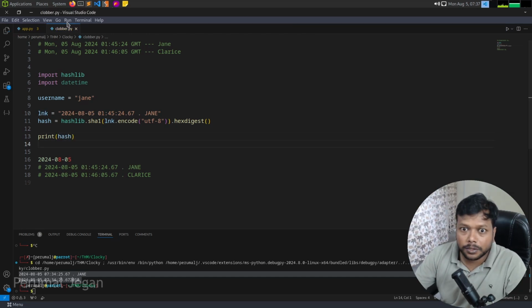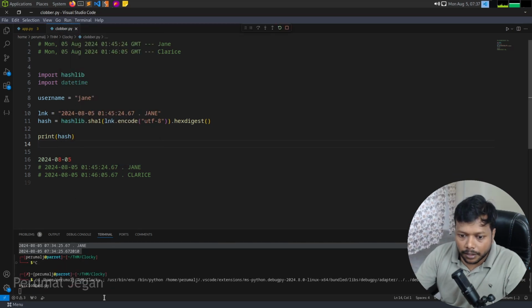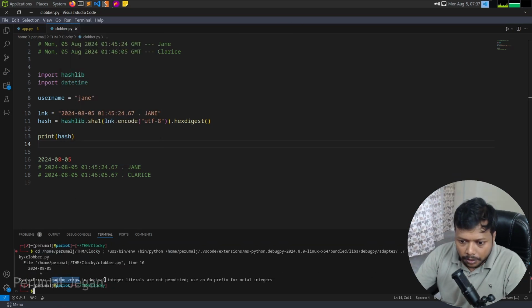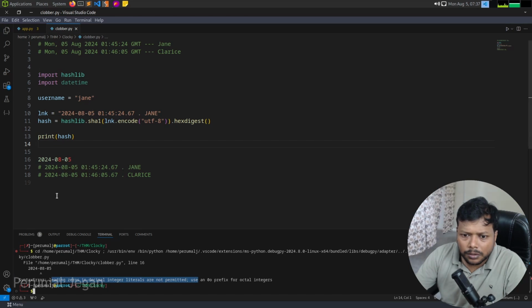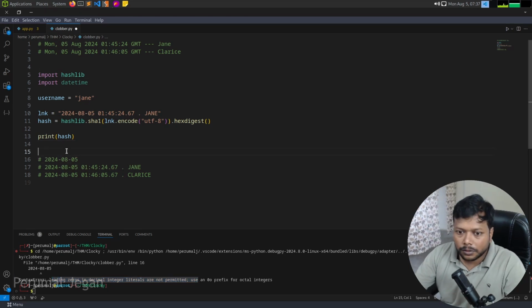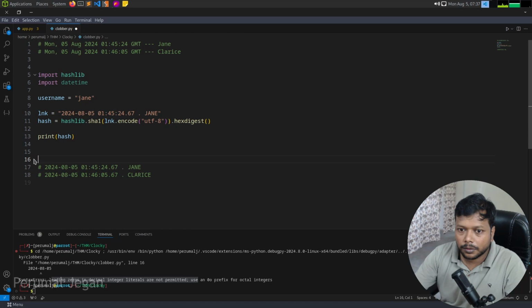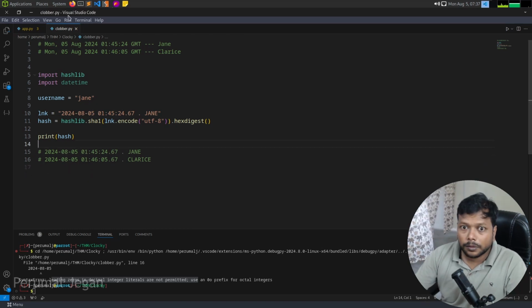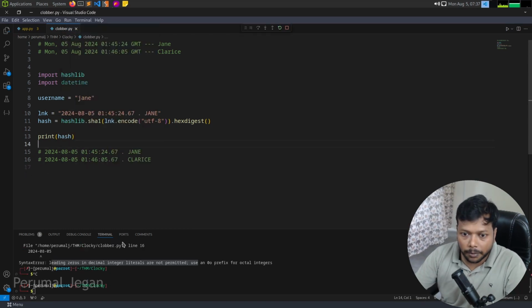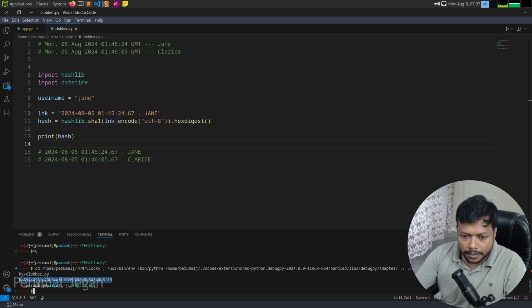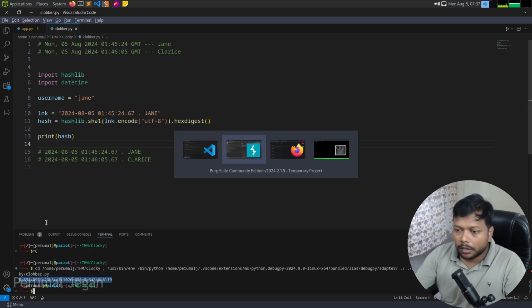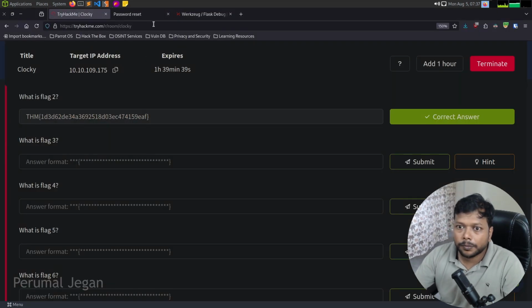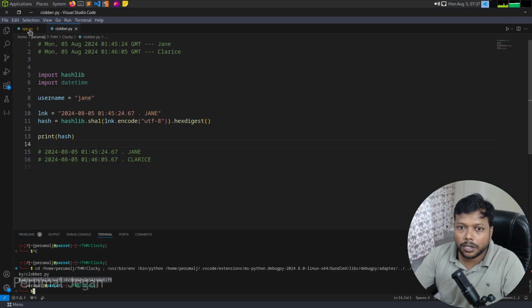Let's see what happens. I go and run it. I'll get a hash value, but not permitted. What? This one. Run without debugging. And here is the hash value. When I go and try the next function,